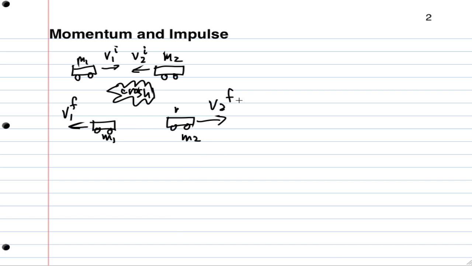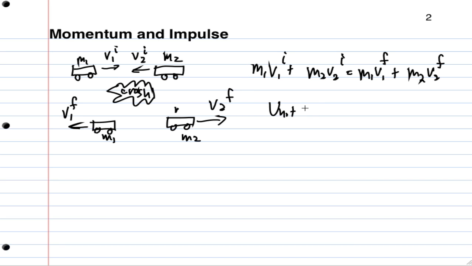What we wrote down was a relation between the initial and the final momenta of the objects. We came up with the formula m1 v1 initial plus m2 v2 initial equals m1 v1 final plus m2 v2 final. And again, this really relates to every single problem that we did on Unit 9,